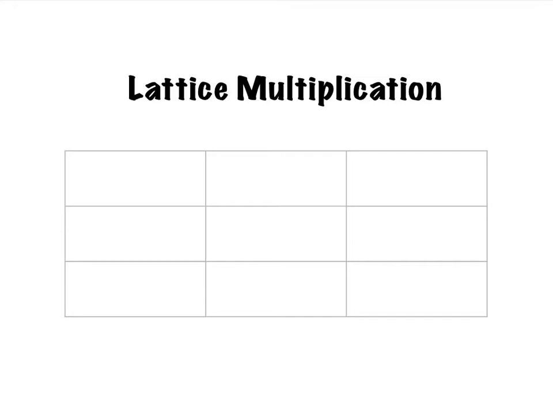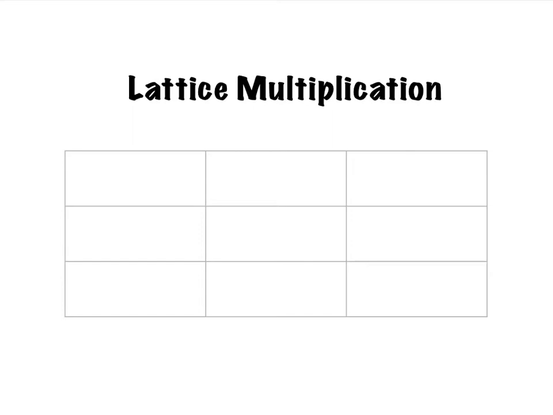The grid that we have here is a 3 by 3 grid. We have 3 rows and we have 3 columns because we will be multiplying a 3-digit number times another 3-digit number. Once we've established our grid system and we know how many factors we have, then we are going to